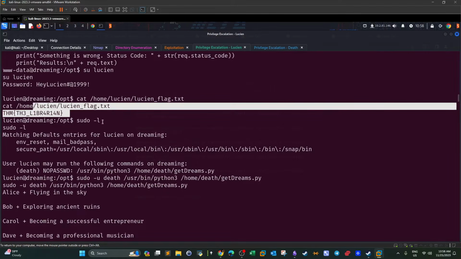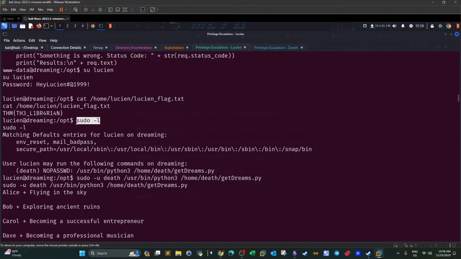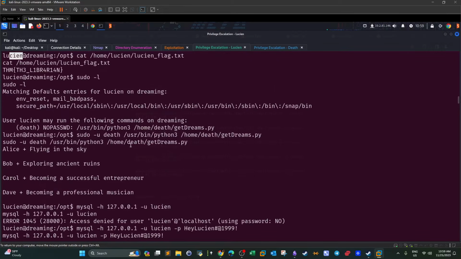So we issue the command sudo -l. Sudo -l is a commonly used command in privilege escalation engagements to find out the current privileges of the user. In our case, it is Lucien. Lucien is able to run the command python3 on the script getdreams as the user death